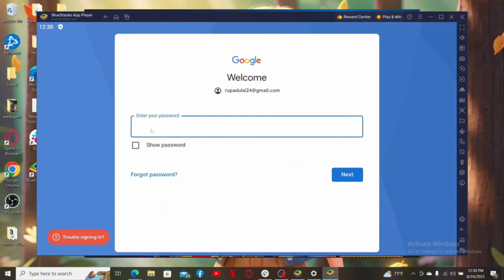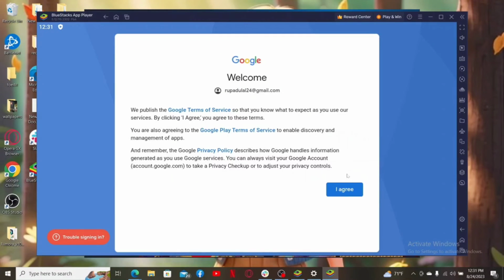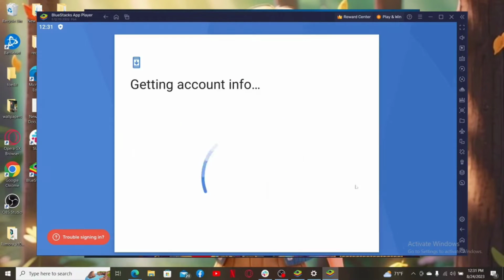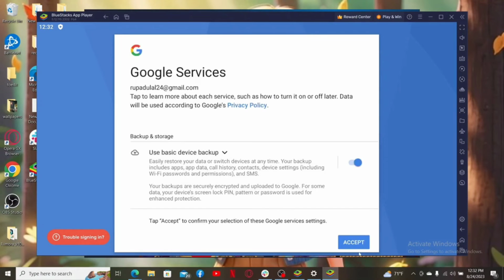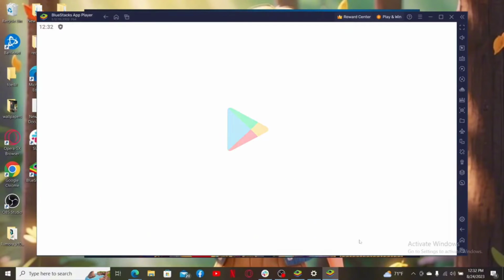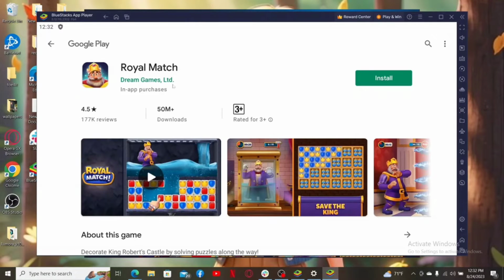On the next page, enter your password for your Google account. After typing in your correct password, click Next. Agree to the terms of service and privacy policy by clicking I agree. Wait for a few seconds. On the next page, click the Accept button once again, and then you'll be able to see the app displayed